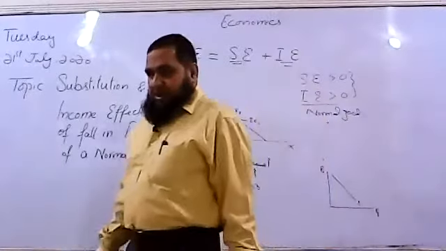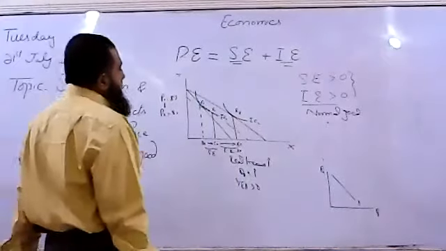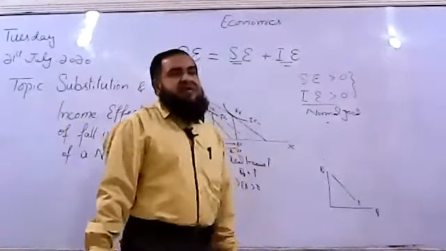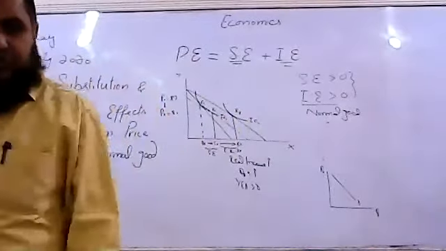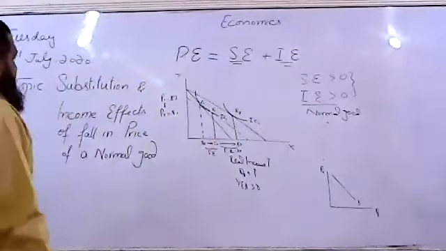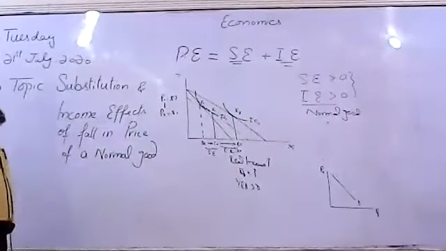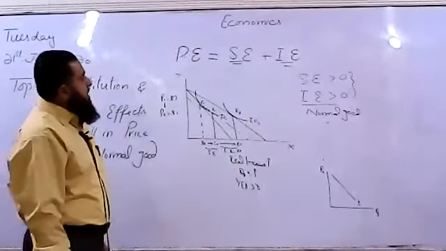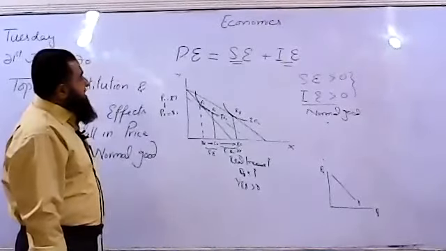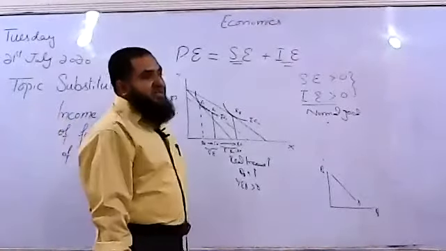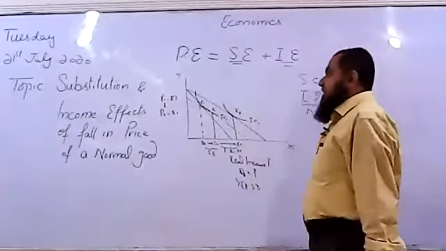So the demand curve of the normal good will be downward sloping. It is the normal demand curve, which shows that when price falls, the consumer increases the consumption of X due to two reasons, due to two effects. One is substitution and another is the income effect. I think today's lesson is very short, but it has more knowledge to understand. A more analytic approach is required in order to understand what is happening with the normal good's substitution and income effect.